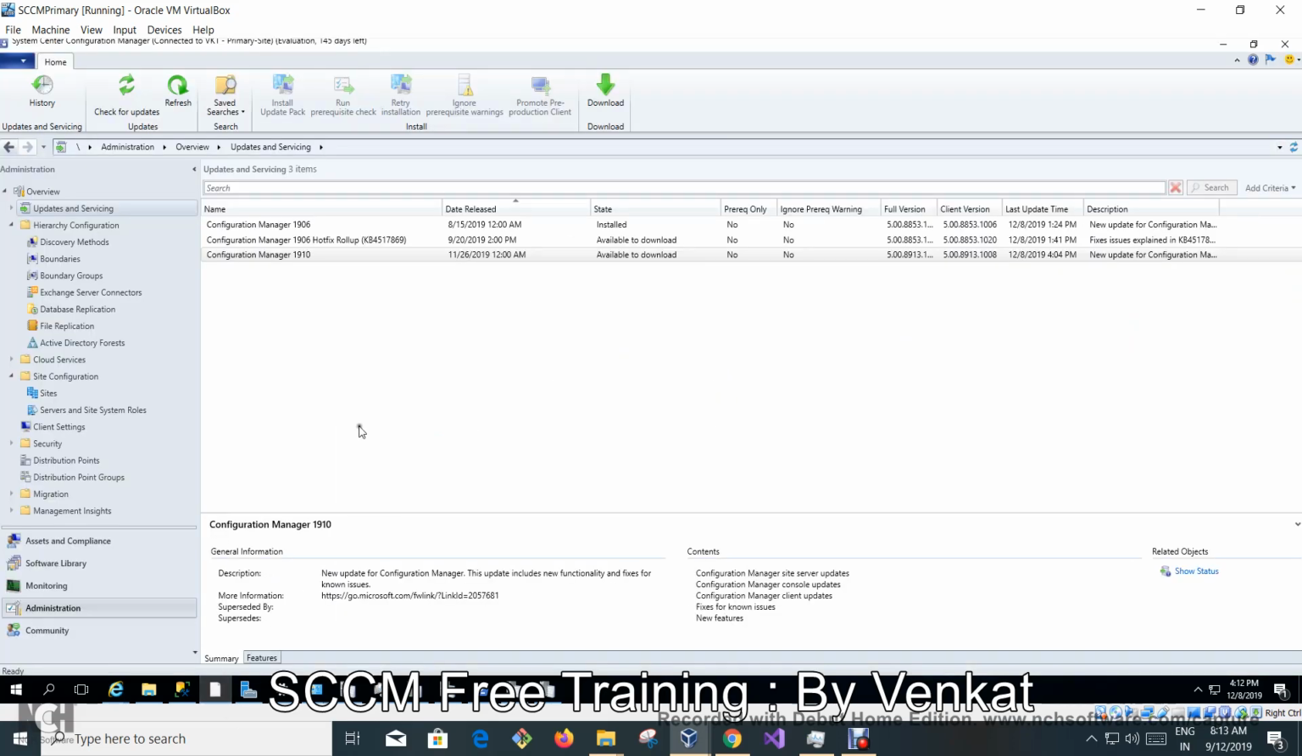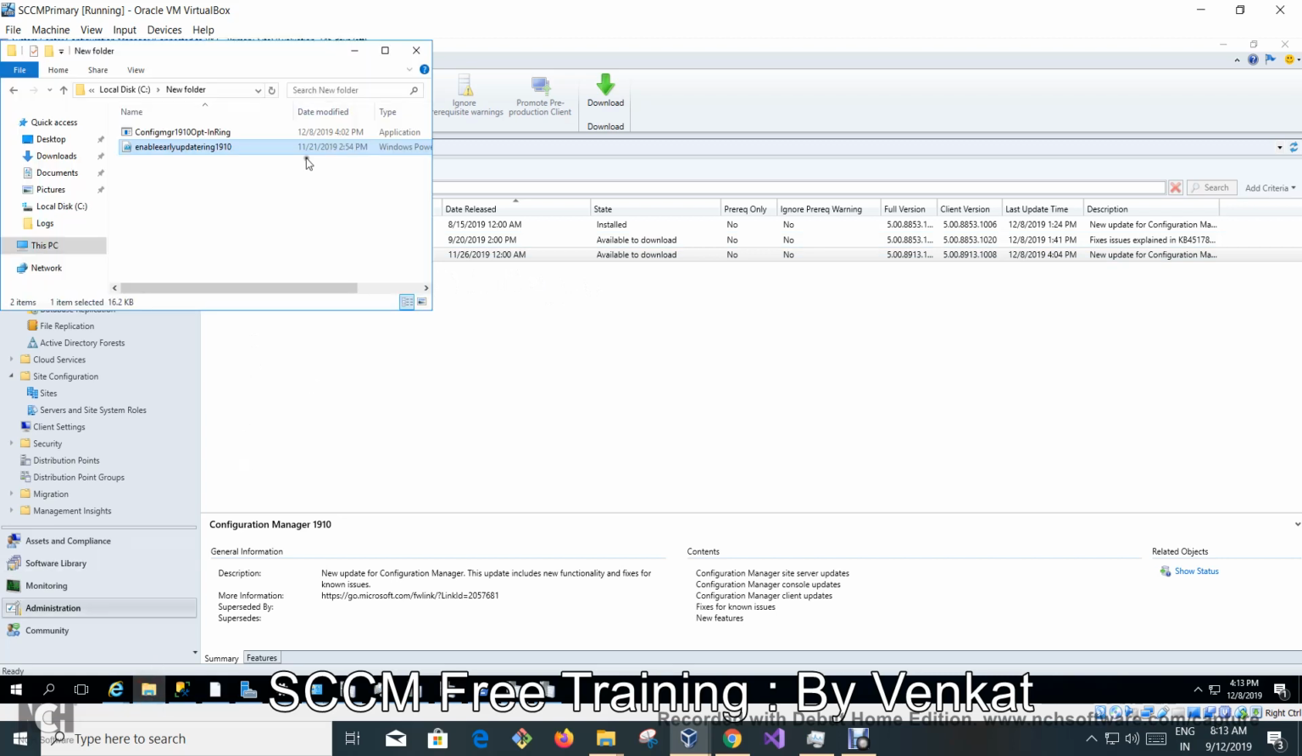Before we start, we must make sure that Configuration Manager 1910 is available to download. Actually, 1910 is available from 1806. Those who are running on 1806 are able to get this 1910. If for any reason you are not getting this 1910, you just download the fostering configuration manager fostering